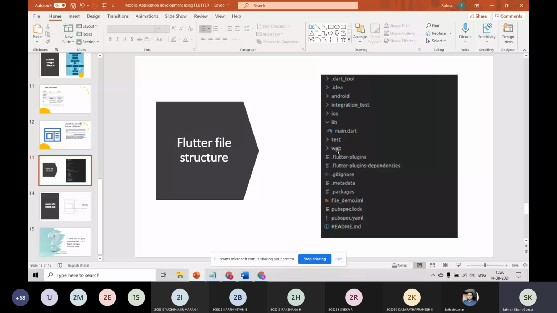And here is the core part. These are things you can ignore for now because they are not necessary. There is a file called pubspec.yaml, which plays a major role. For example, if you need to import more packages, like toast messages or Firebase or any other database connections or images to your application, here is the place where you add all your dependencies.